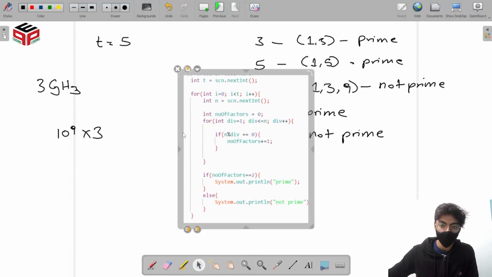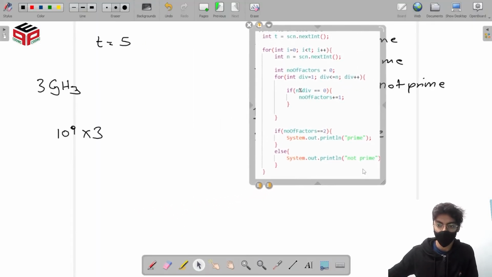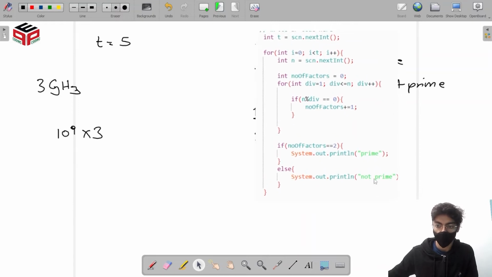Our program, what this is doing is that this particular loop, the outside loop, can run for 10 to the power 4 number of operations.